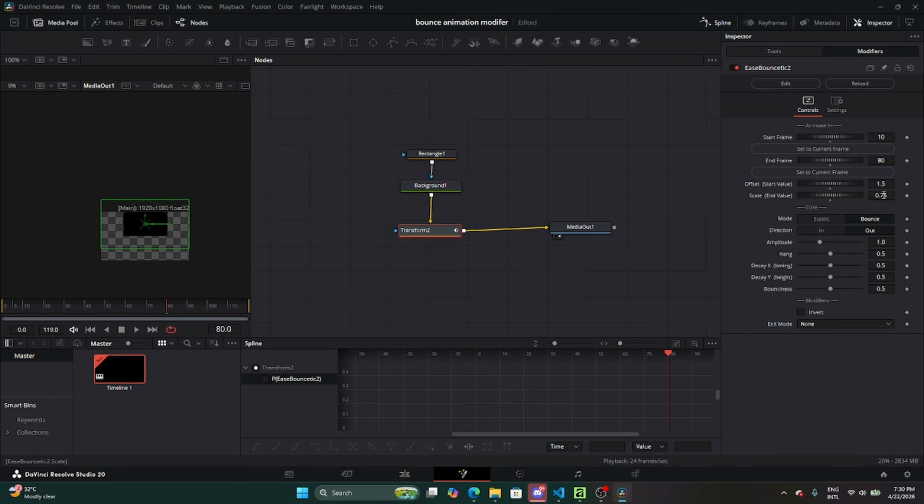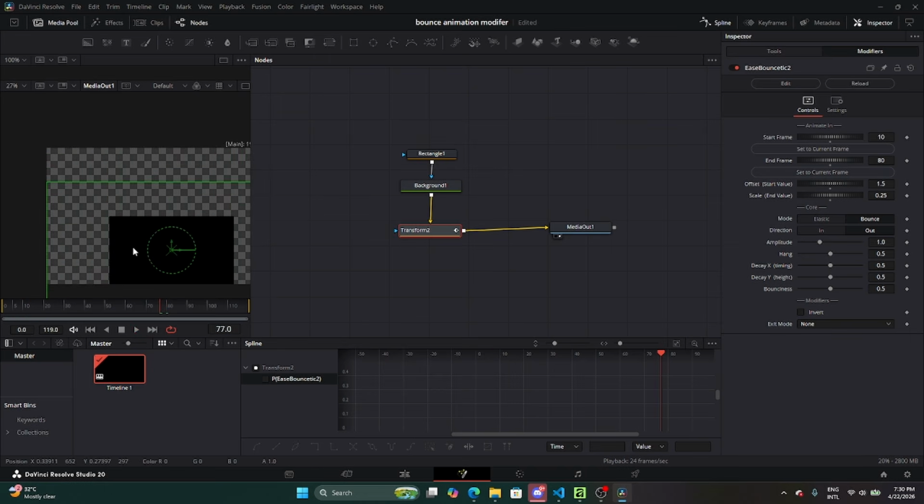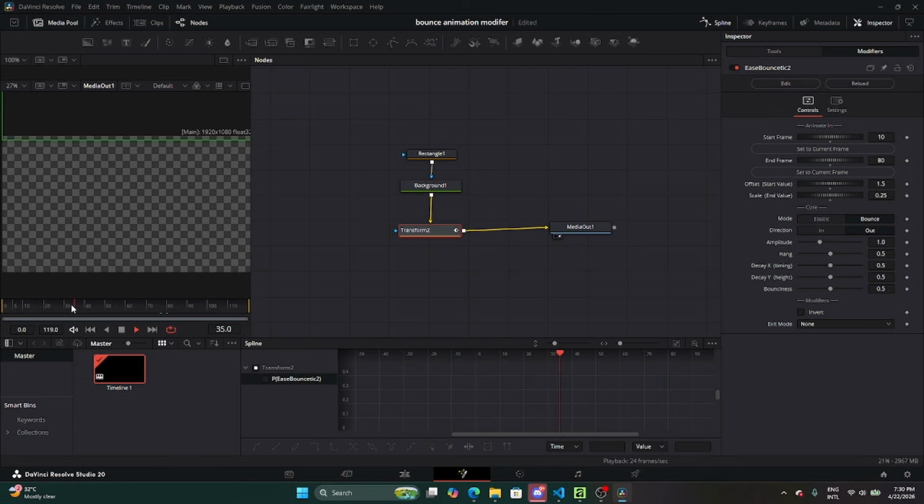And 0 and 0.25, right? Yeah. So now it's just so much, right? But you see the bounce here. It's just so good. But the amplitude is so much, right? So I will decrease the amplitude, right? And now,